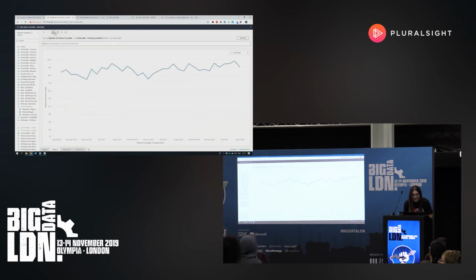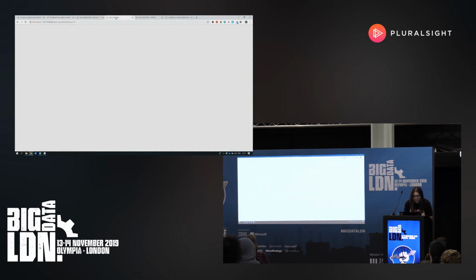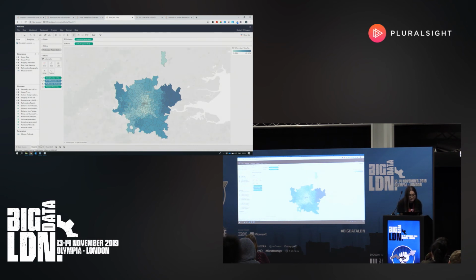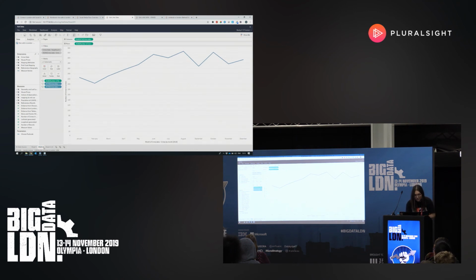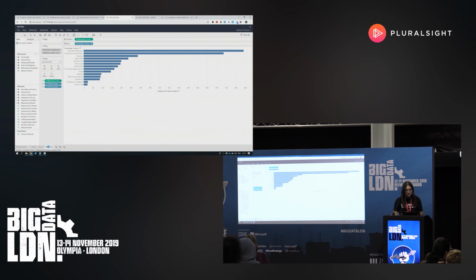So I could just simply save my workbook, and then I can go and start doing some more tweaking to it. So this is the saved workbook. I've got crimes over time within Bethnal Green, and I've also got a bar chart as well. But I might want to compare my crimes in London versus the crimes where I live at home. So in Tableau, you can bring in multiple data sources